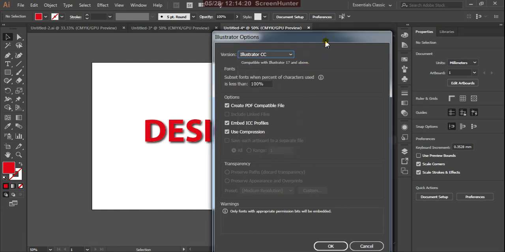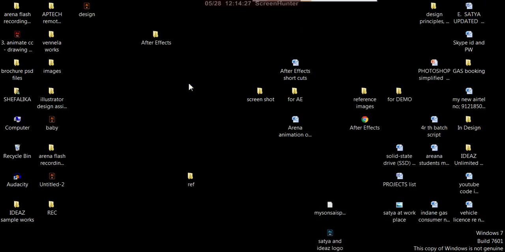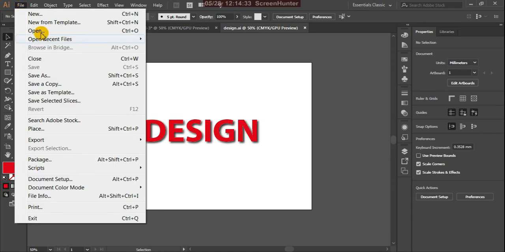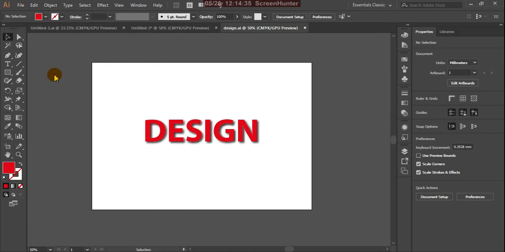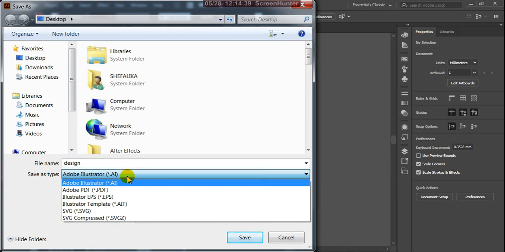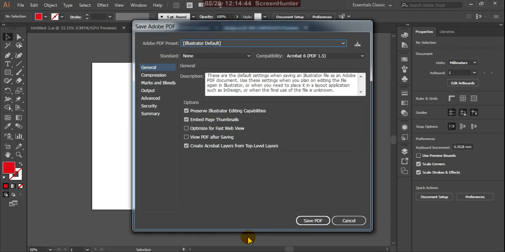Okay, so it is opened. That is already saved. This is the file design, and now I'll save this in a different format, that is nothing but the PDF. Suppose this is PDF, and save.